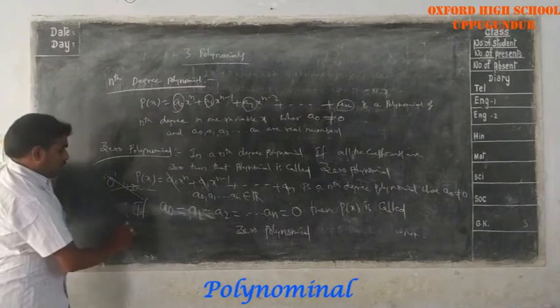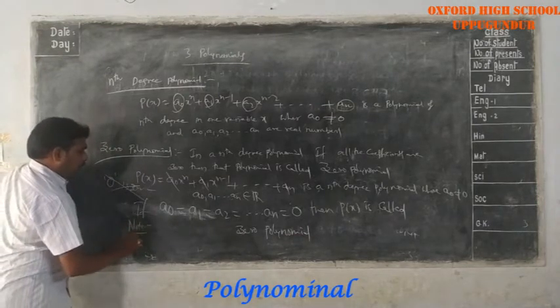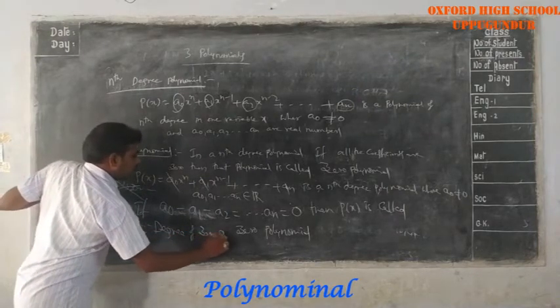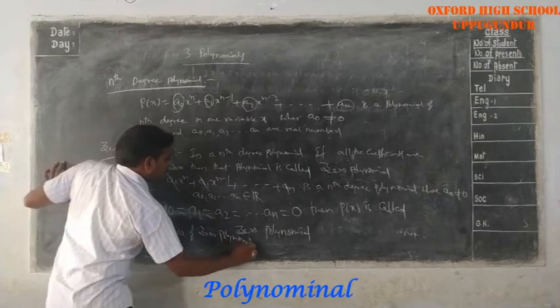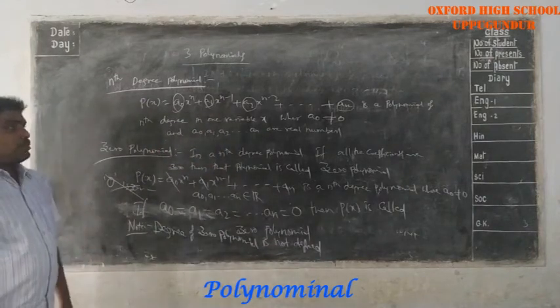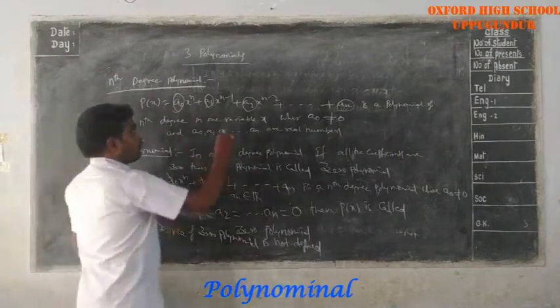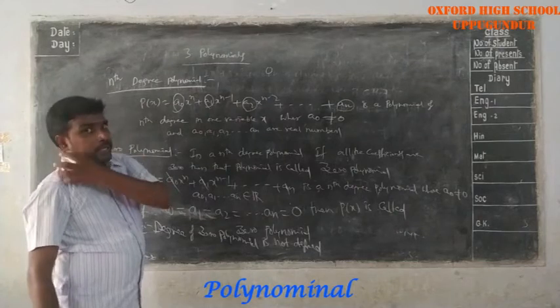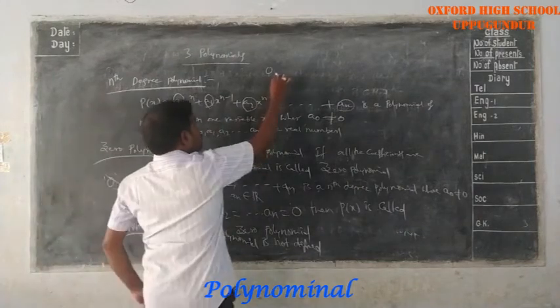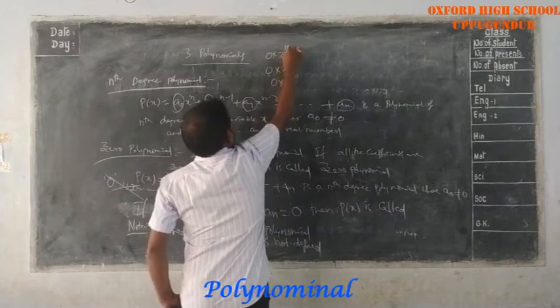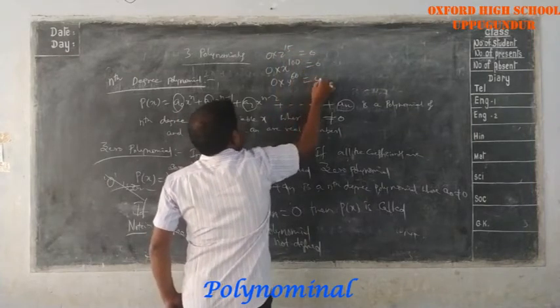So here you can observe degree also. Degree of the 0 polynomial. Why degree of 0 polynomial is not defined? 0 polynomial is nothing but 0. So if you are writing, when you multiply that value with any variable powers, 0 into x power 100 if I am writing, 0 into y power 60, 0 into z power 50, for all these the values are 0.